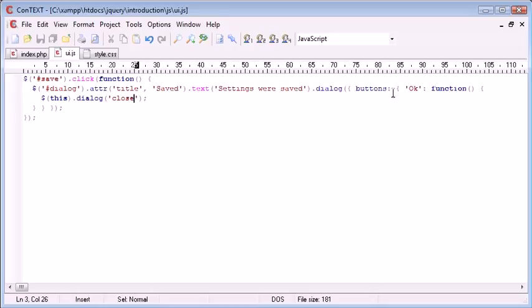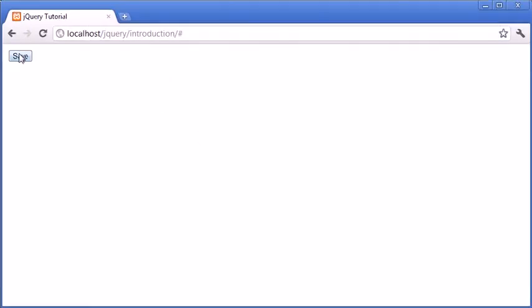Okay, so now what we want to do is supply some more options. So just after, you can see this is highlighted in red here, it's starting to look a bit messy. We're going to supply more options just here. So the first option I'm going to choose is close on escape. Now what close on escape does is it will actually close this dialog box if the user presses escape on